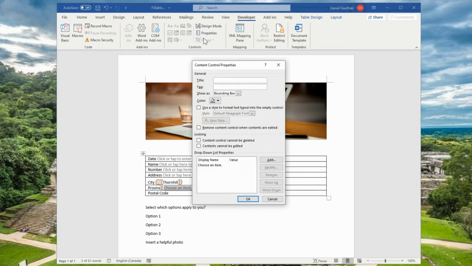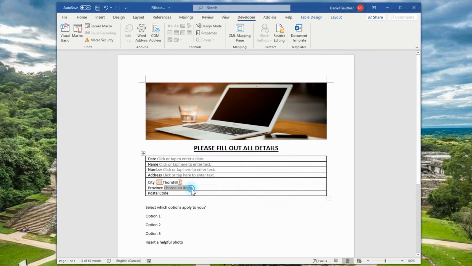But the same thing, we're able to go into the properties and we can give it a different style, color, and we'll add a couple of provinces in there.